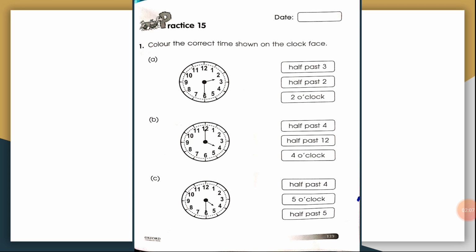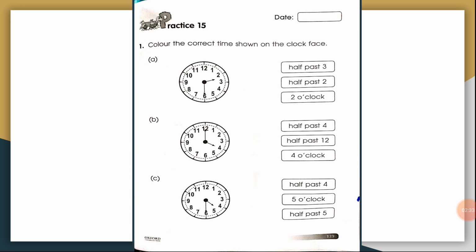Put date and day at the top of your page. Put your finger on question number 1. Color the correct time shown on the clock face. Your A part is, look at the clock face. What is the time on the clock?